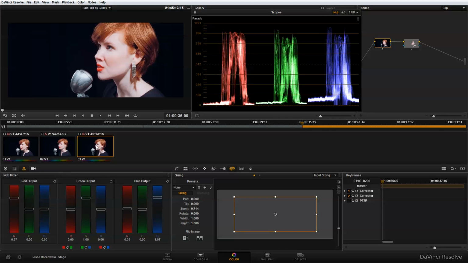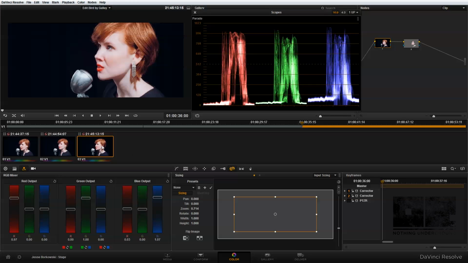I've created the primary and secondary color correction for this look, but now I want to give each of my 3 shots a unique framing. And in order to do that, I'm going to need to create new remote or local grades. So let's talk a little bit about what a remote grade is in DaVinci Resolve and also what a local